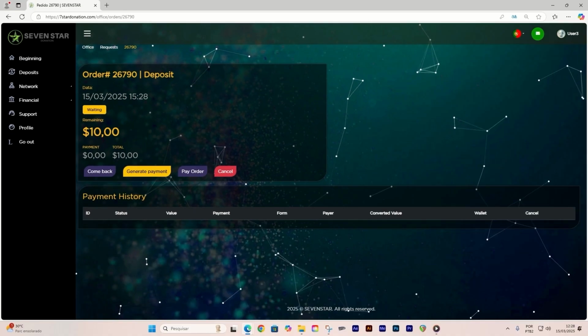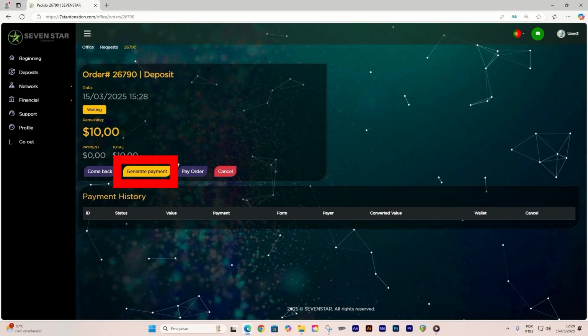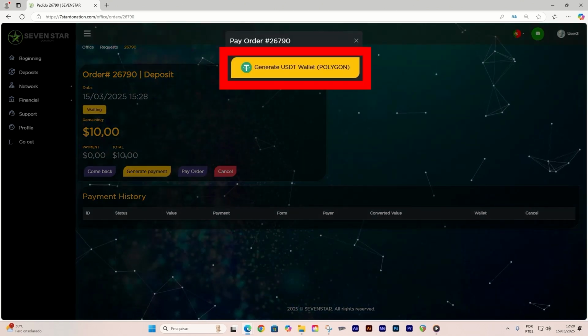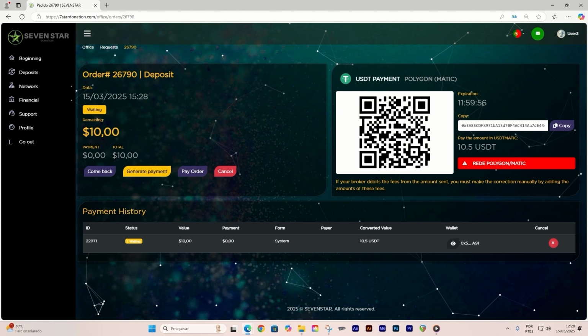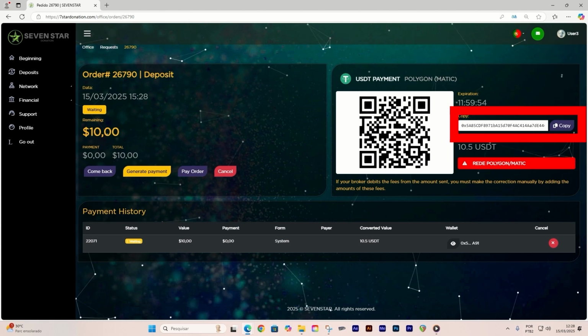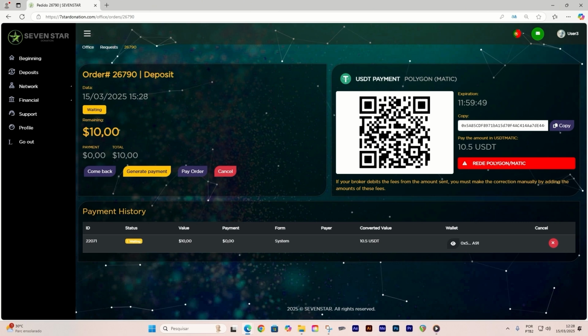If you are making the payment yourself, follow these steps. 1. Click on Generate Payment. 2. Click on Generate USDT Polygon Wallet. 3. Copy the wallet address and make the payment through your crypto exchange. Once the payment is confirmed, your package will be